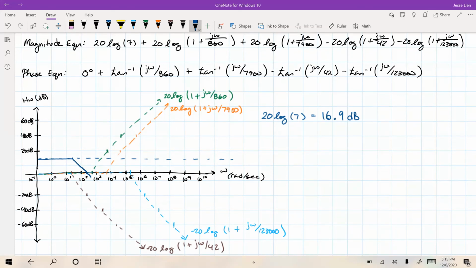At this point, the negative 20 decibel per decade slope of the first term and the positive 20 decibel per decade slope of the second term cancel out, which gives you a constant slope of 0